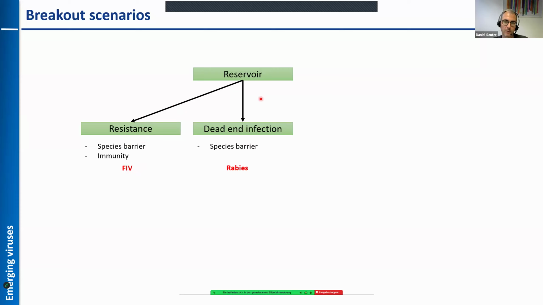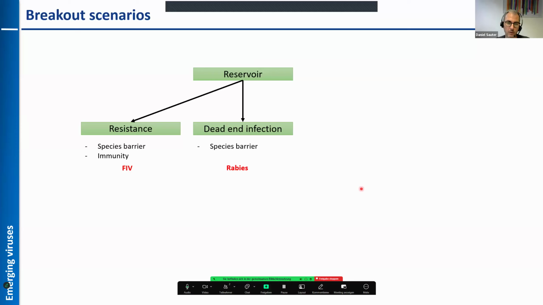In some cases, there might be a so-called dead-end infection. That means the animal virus is efficiently transmitted to a human individual and infects this human individual, but this human does not spread the virus further in the human population. One prototypical example here would be rabies virus. So let's say someone is bitten by a rabid dog, then the rabies virus might be transmitted. But because of the route of transmission, this infected human individual will not pass the virus on to other humans. So this person would be a dead-end host, so no risk for the entire human population.